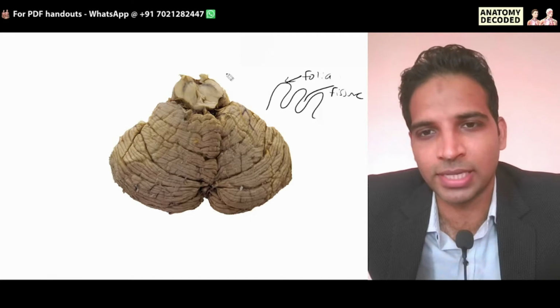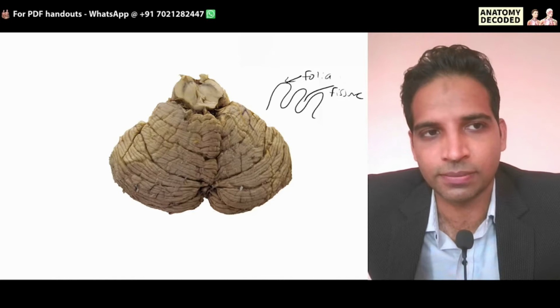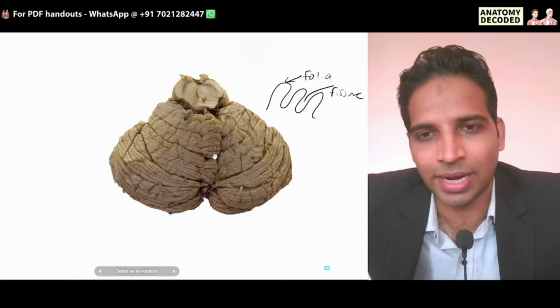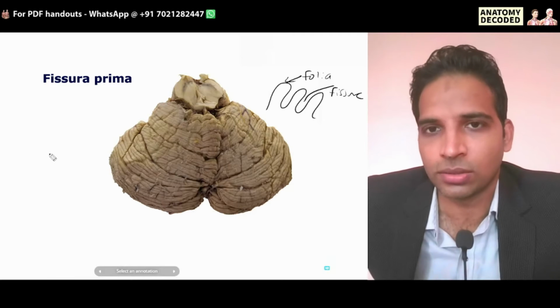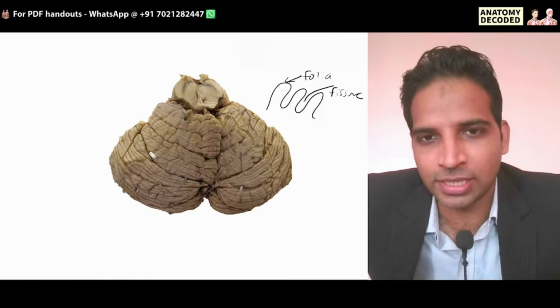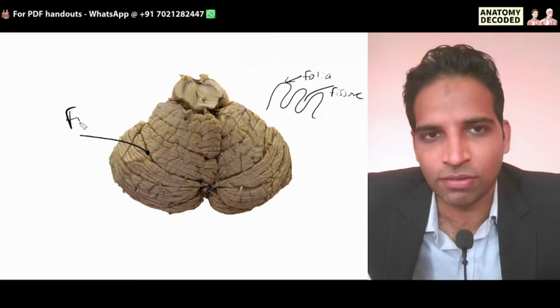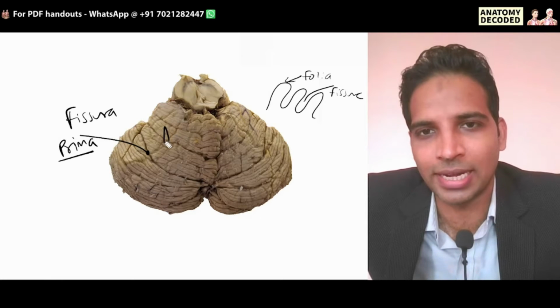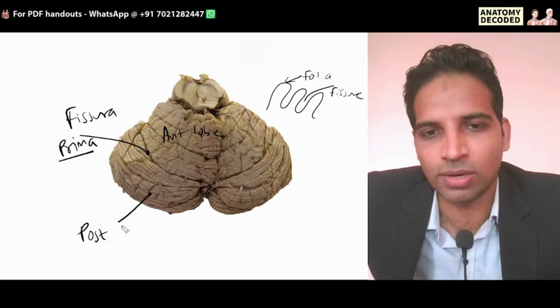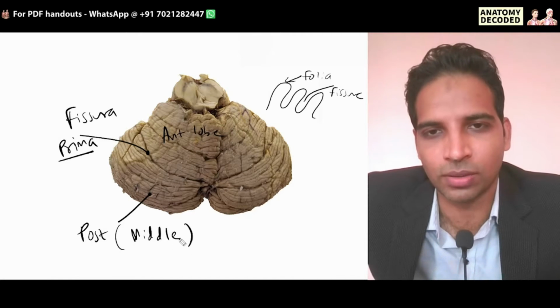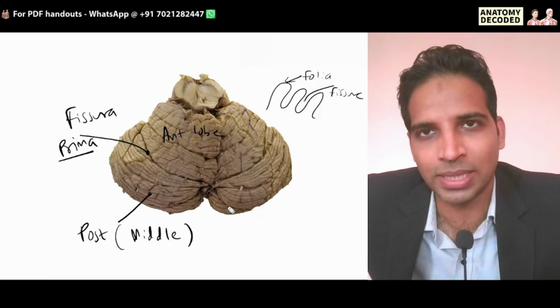three prominent fissures have been described on the superior surface. At the junction of the anterior 2/3 and posterior 1/3 of the superior vermis, there is a fissure that is referred to as the primary fissure or fissura prima. Okay, so the most prominent fissure that is seen on the superior surface is referred to as fissura prima. Okay, that divides the cerebellum into the anterior lobe and the posterior lobe. Posterior lobe is also referred to as the middle lobe of the cerebellum. Okay, so there is an anterior lobe and middle lobe separated by fissura prima,